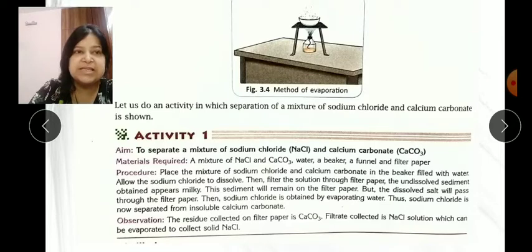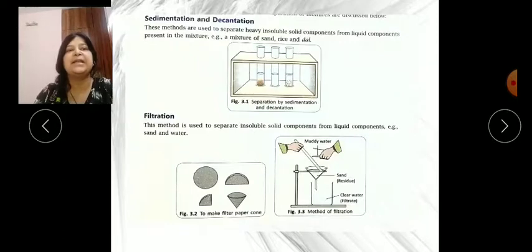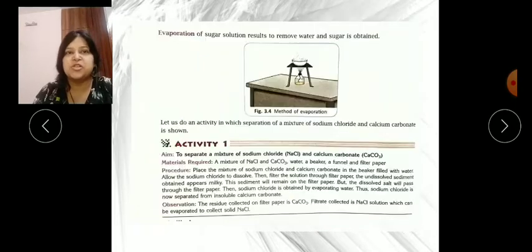We can easily separate the calcium carbonate, which is retained on the filter paper. And the water in that activity contains NaCl plus water. Further, we can use the evaporation process and separate the two.